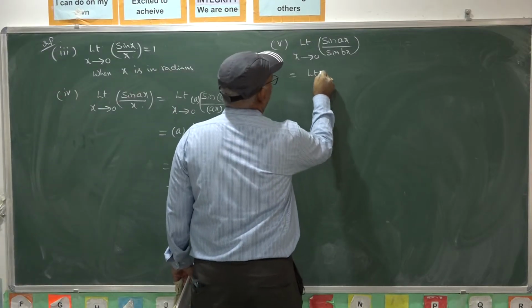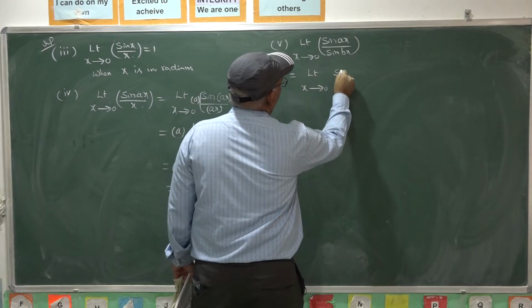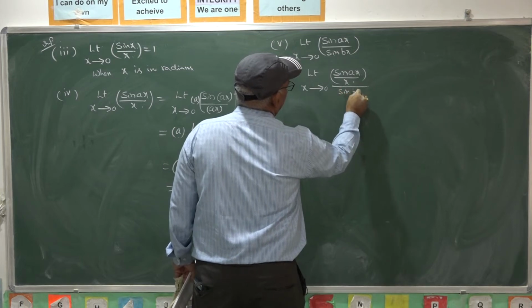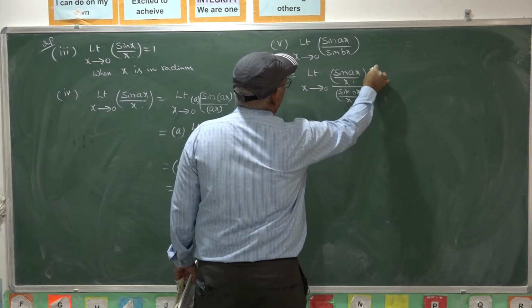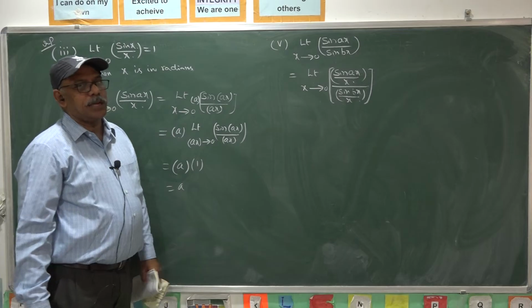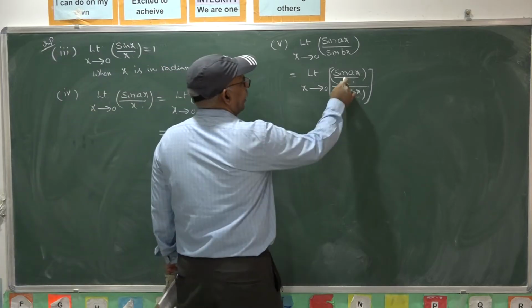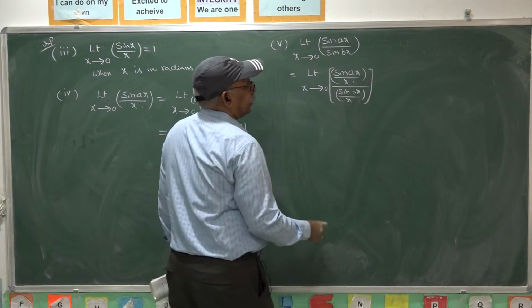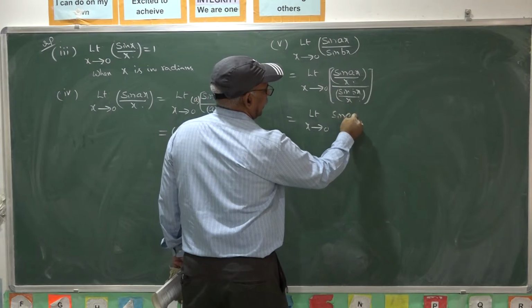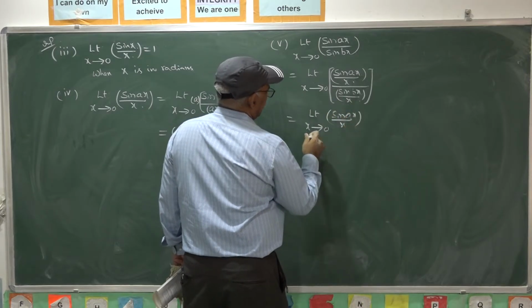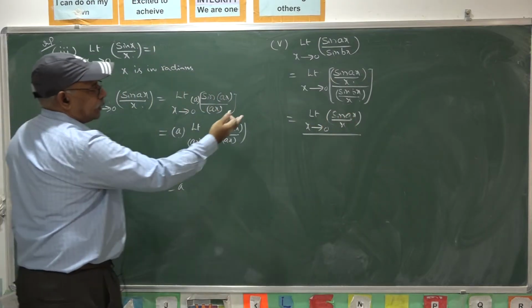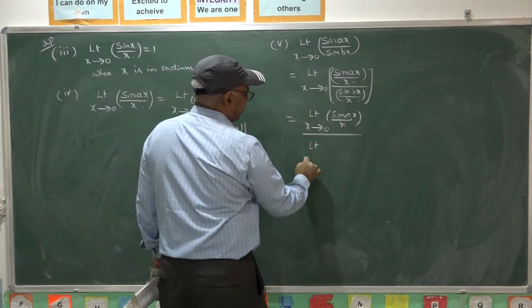Now, this can be evaluated by dividing the numerator and denominator with x. Dividing the numerator and denominator with x, there is no change in the function. So you can write the given function as sin ax by x over sin bx by x. Now apply the limit to the numerator and denominator separately, because the limit of sin ax by x takes a finite value clearly here. So we are reducing the given function to that formula.